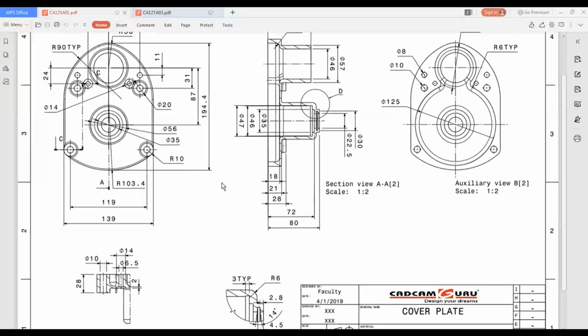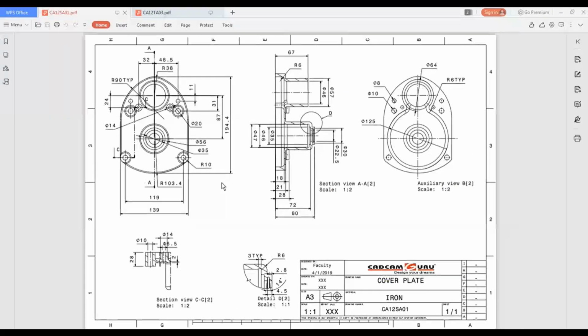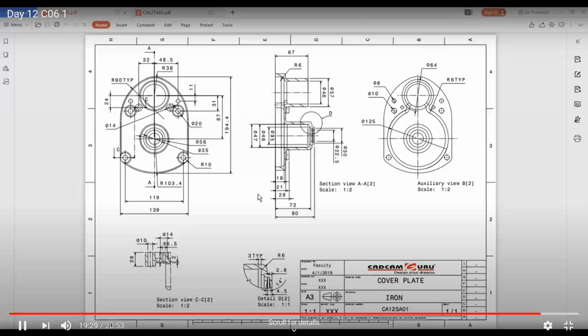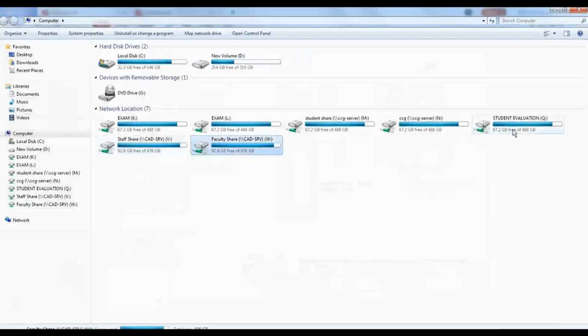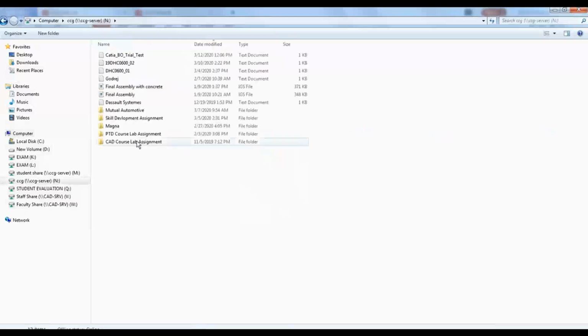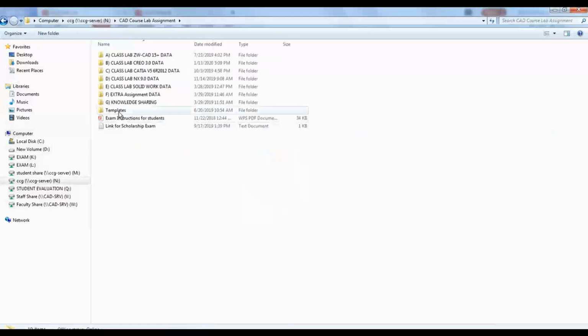So templates are not available in our PC, I think. Yes, we can, but there is no PTD folder, I think. We'll check today.